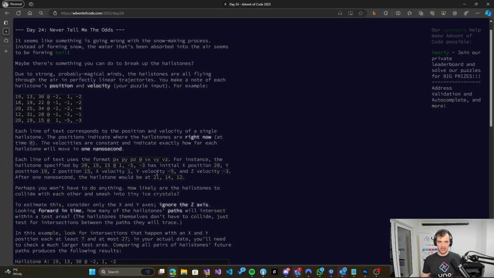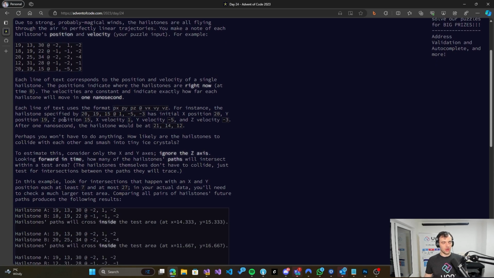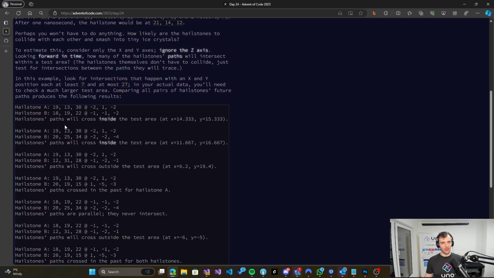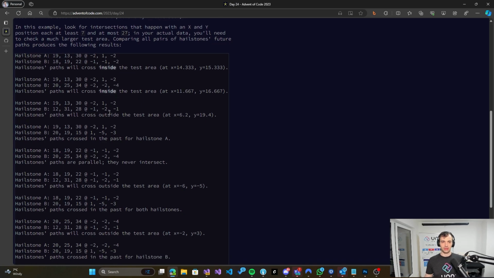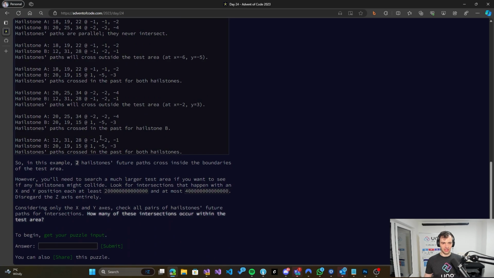So let's see the problem description. The first part of the problem is relatively simple. You have a list of hailstones given by their current position and their velocity at that point in time. And we need to know how many of those hailstones will collide within a given test area. So basically it's just calculating intersections of lines, but we need to make sure that they collide in a given area and also that they collide in the future and not in the past, given the current time we are